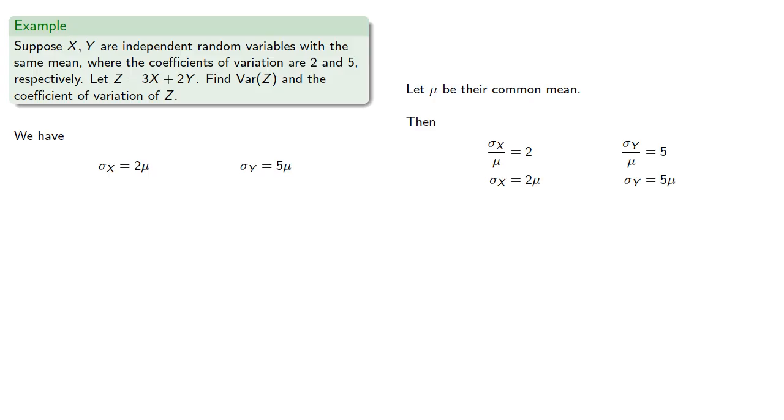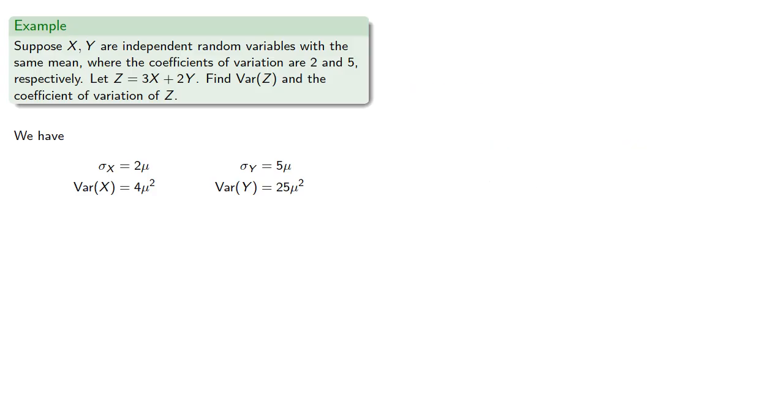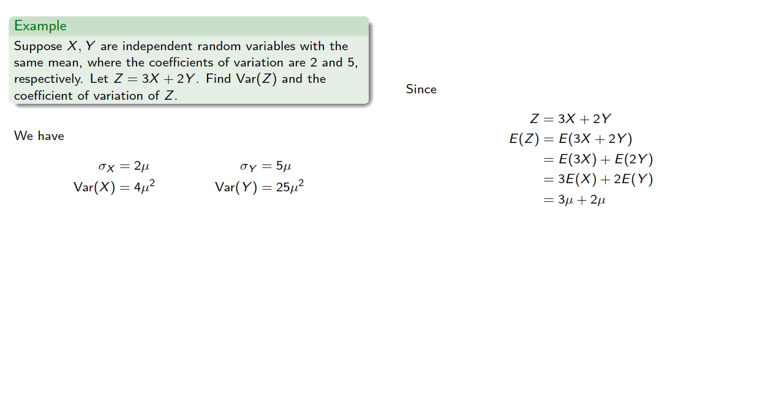And remember, the variance is the square of the standard deviation, so we can find the variance of x and the variance of y also in terms of the mean. So first we'll find the mean of our random variable. That's just the expected value of z, and the linearity of expectation allows us to rewrite this as, and so we find